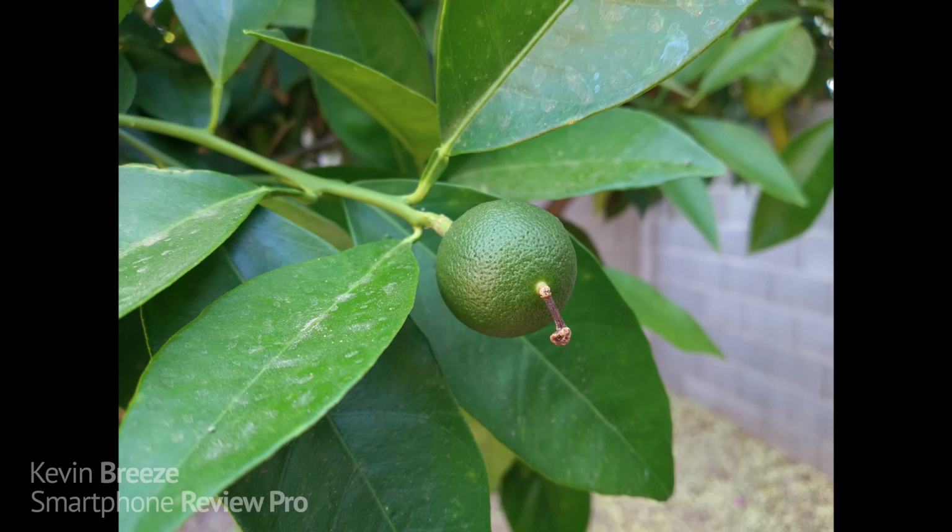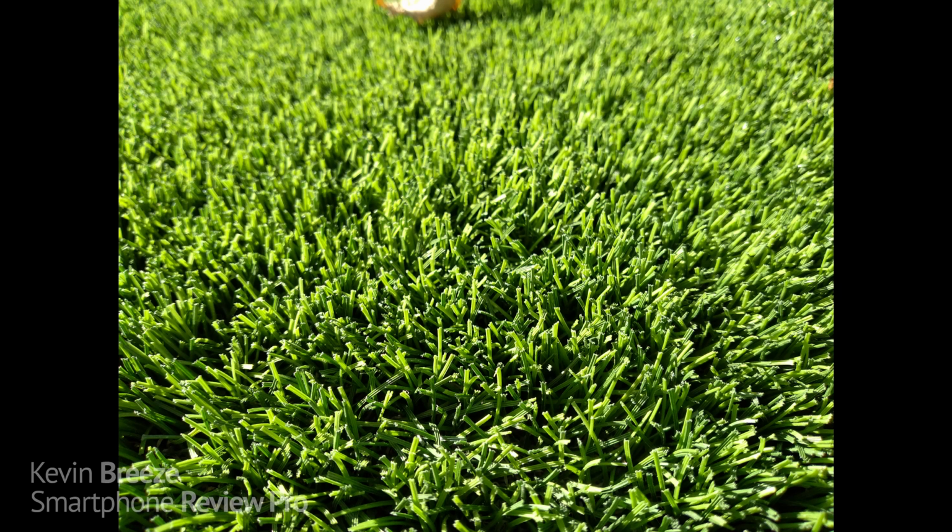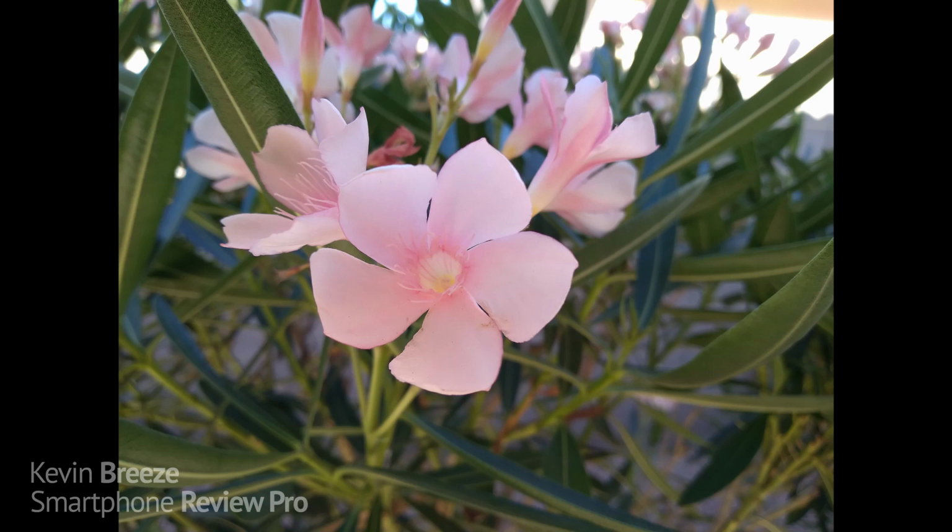Now I've been very happy with the photo and video quality from the phone. As far as the photos go, you're going to be able to take nice looking, usable selfies, and same thing with the photos taken from the rear cameras. I really like that the A11 does feature an ultra wide camera, and unlike other lower end devices that sometimes